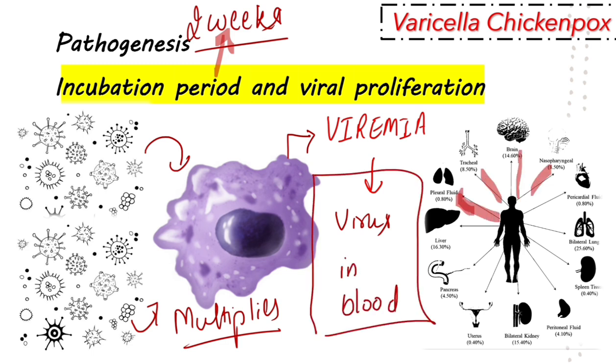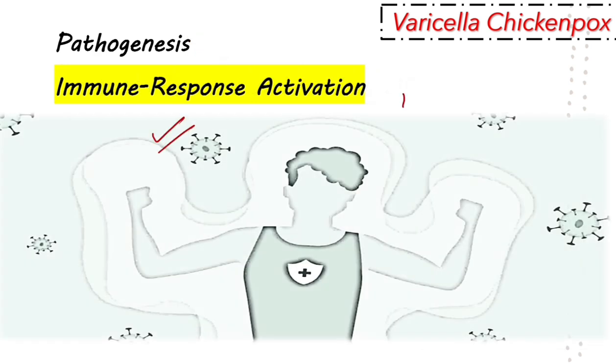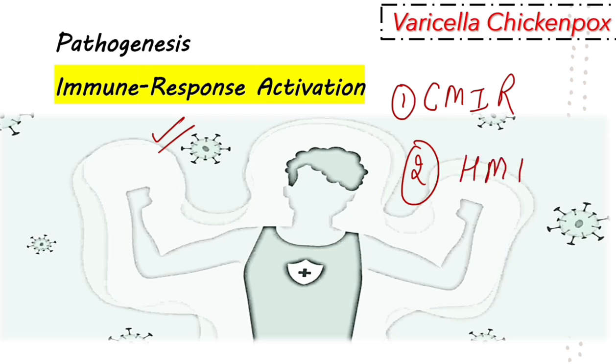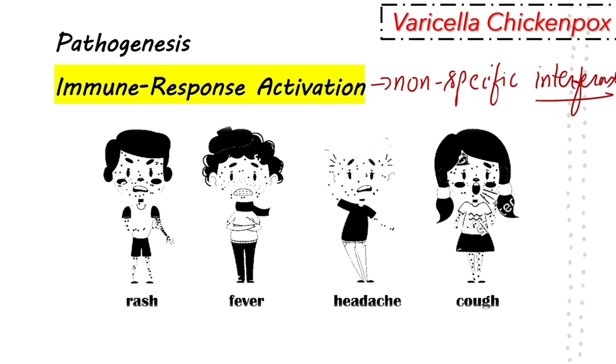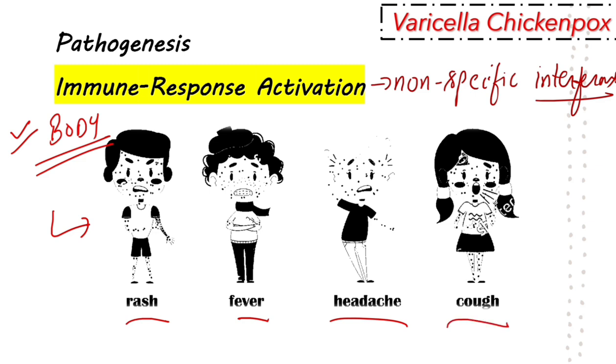Now, following this dissemination, the body's immune response gets activated, which includes cell-mediated immune response and specific humoral-mediated immune response, including the production of non-specific interferons, which are activated in response to the virus. Now, imagine it like this. The virus is now proliferating in the body. So, overt clinical symptoms and manifestations in most individuals will be seen as the virus surpasses the body's defenses, leading to systemic signs and symptoms.